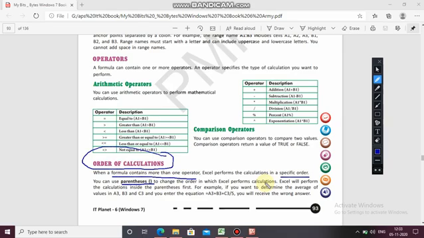Excel will perform the calculation inside the parentheses first. So first of all, whatever is written in the bracket, it will perform first. For example, if you want to determine the average of values A3, B3, C3, and you enter the equation equals A3 plus B3 plus C3 divided by 5, you will receive the wrong answer because there is no parenthesis.